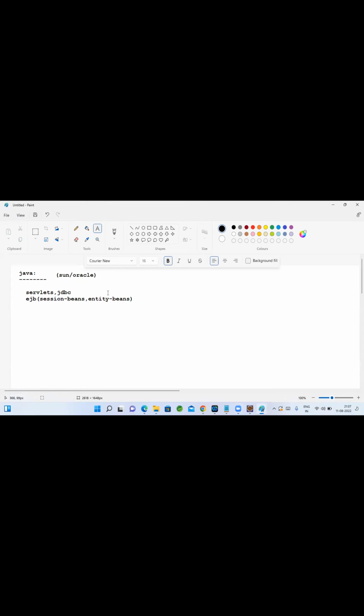Now, on top of servlets, Struts came into the market. JSP is also part of servlets only, right? As part of the servlet packages, we have servlets and JSPs. Servlets, JDBC, JSPs: for web programming, they have given these components. Servlets were given for web programming and EJBs for enterprise distributed application programming. Sun gave almost all the features.